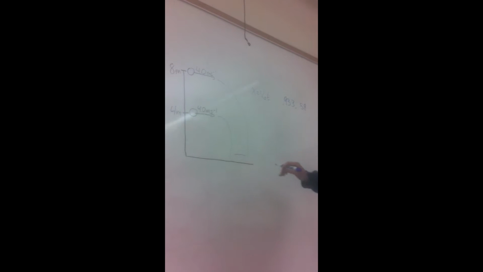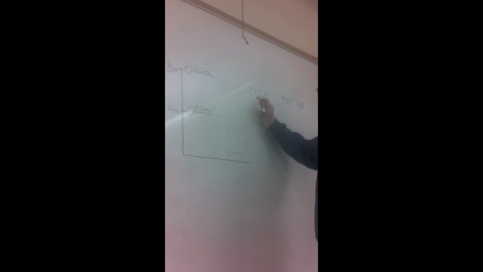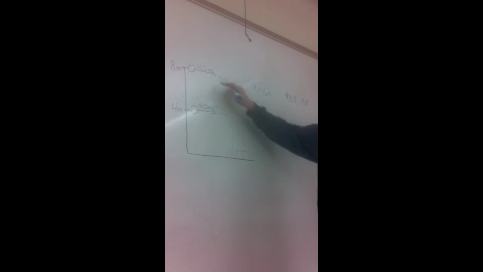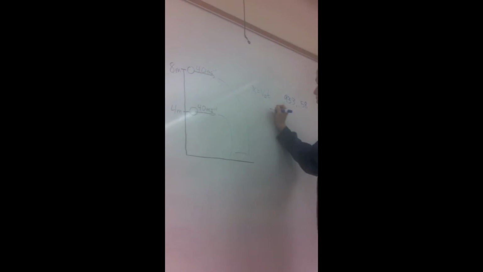Now we know how long it takes for each of the balls to travel from their starting point to the ground. We'll plug these values into the equation x equals the initial velocity of the ball times the time it takes for the ball to reach the ground. For the ball falling from 8 meters, we have x equals the initial velocity of 4.0 meters per second times the time taken to reach the ground, which is 0.933 seconds, which gives us an x value of 3.7,